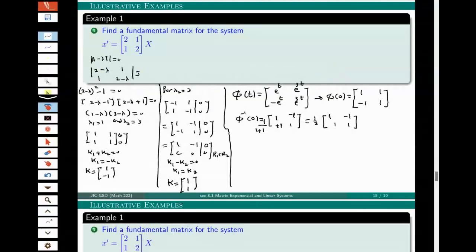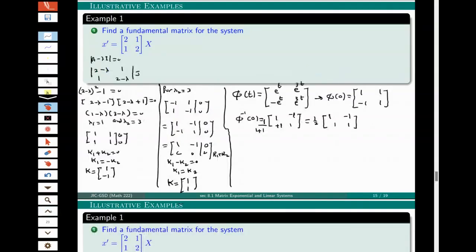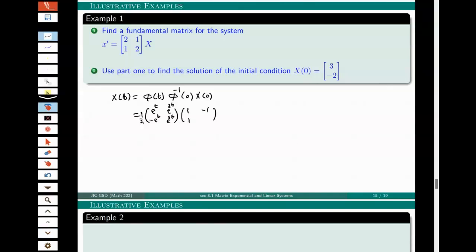Times the inverse, and the inverse was half. Inverse at 0, it's half, 1 minus 1, 1 minus 1, 1 and 1, times x naught, which is 3 minus 2. So when we multiply this one, first row e to the power t, e to the power 3t, times first column, which is 1 and 1, we will get